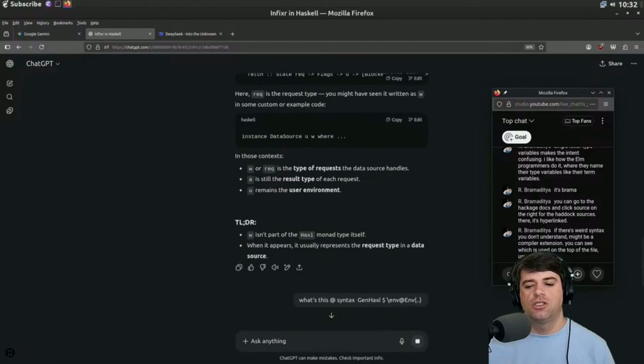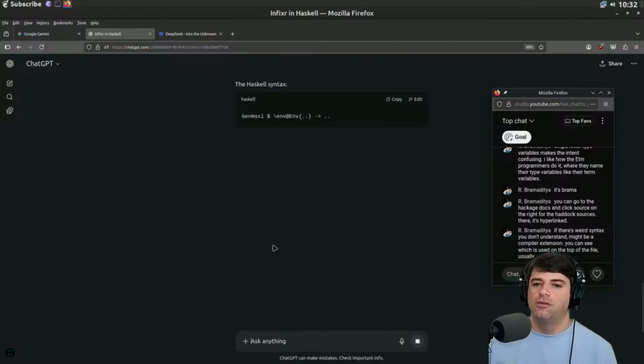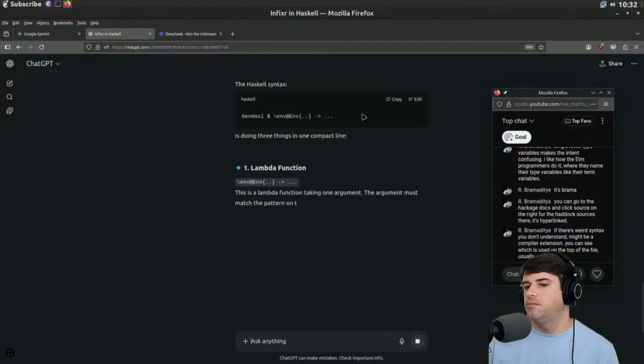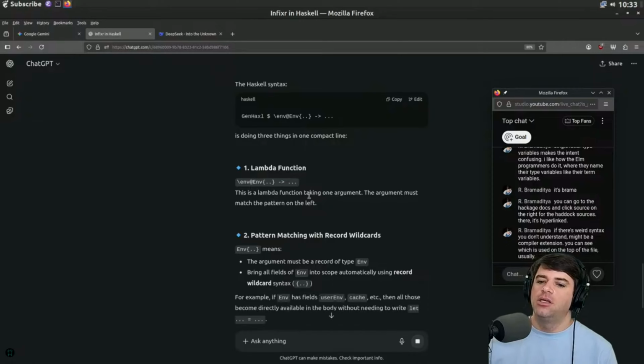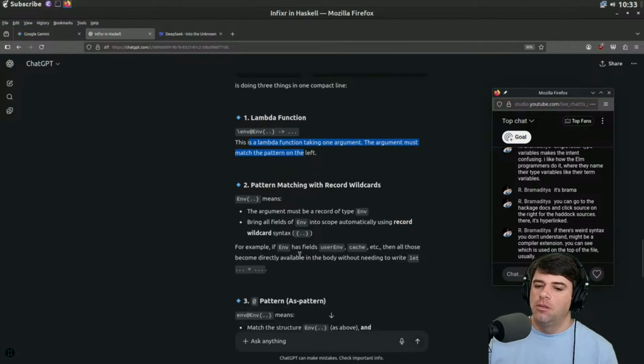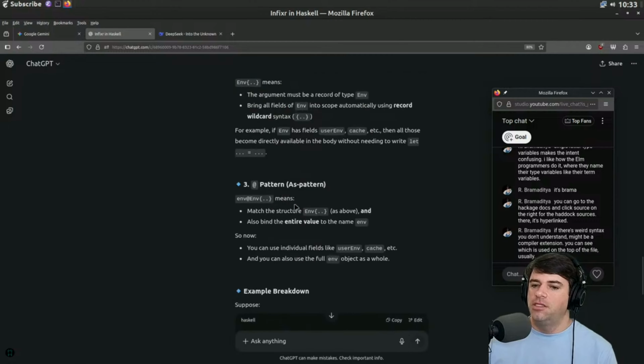You can also search for this stuff on an ordinary search engine, but for things like Haxl, it's often hard to find a direct answer. So yes, it's a lambda function taking one argument. Okay, so the pattern is an as pattern: match the structure env as above, and also bind the entire value